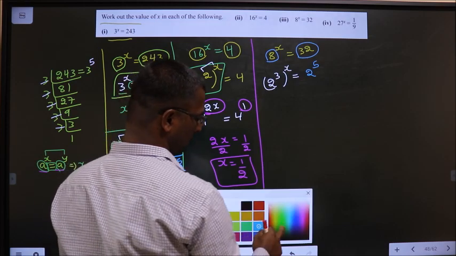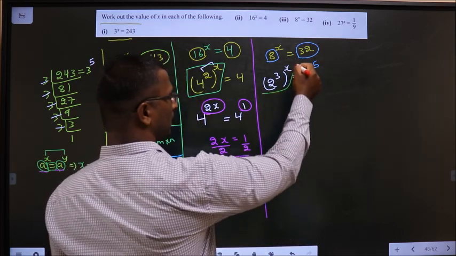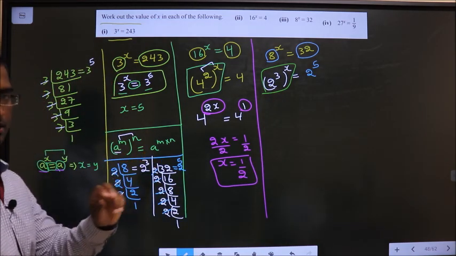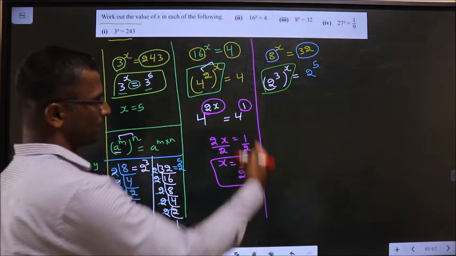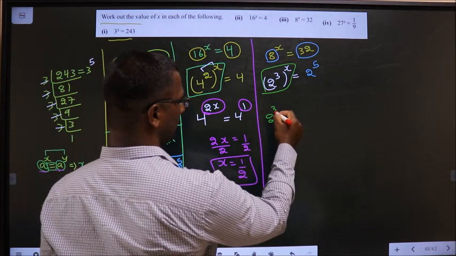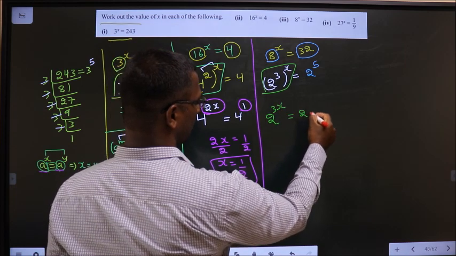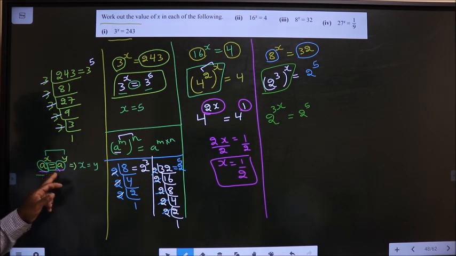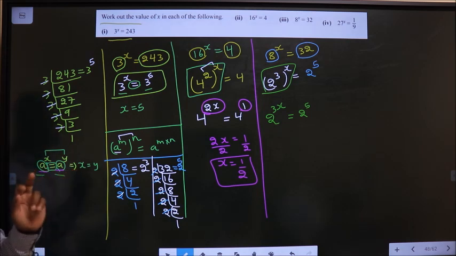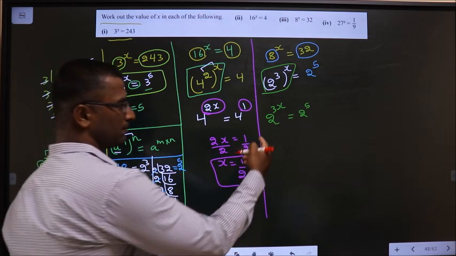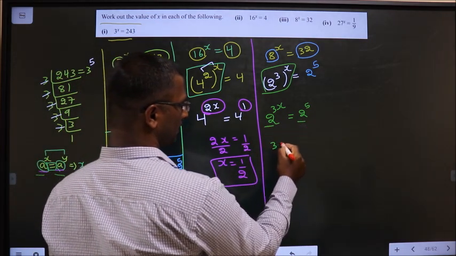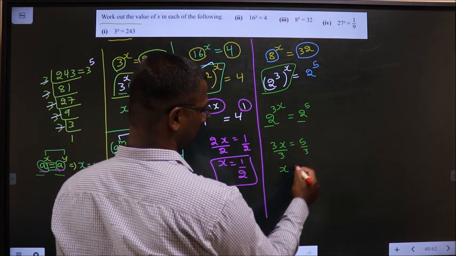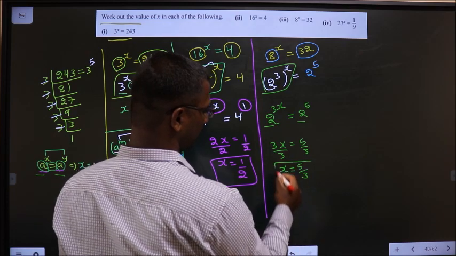Okay. Next. What formula will you apply onto this one is this one. a has got multiple powers, so multiply both the powers. So this will become 2 power 3 into x is 3x equal to 2 power 5. Now this one, bases are same, equal to, so equate the powers. Here also bases are same, equal to, so equate the powers. Now to get x, divide by 3. So x equal to 5 by 3.